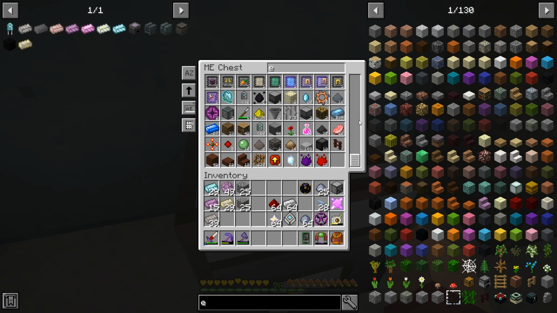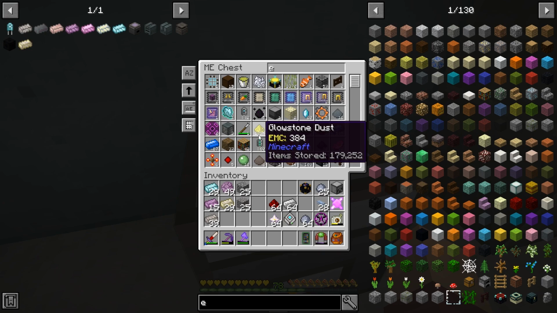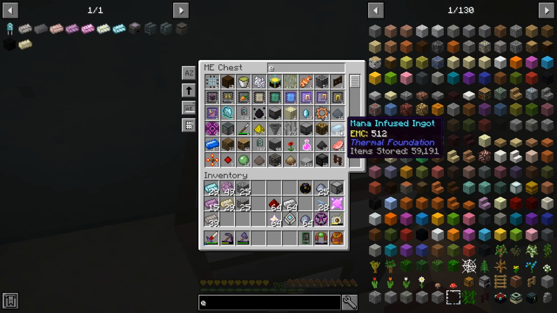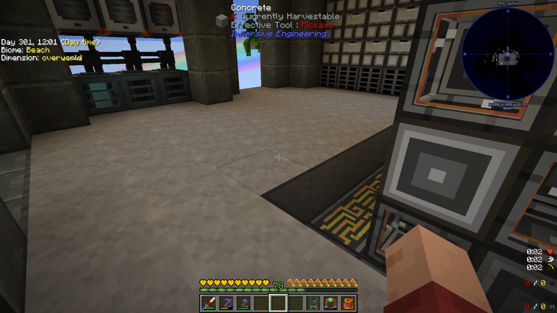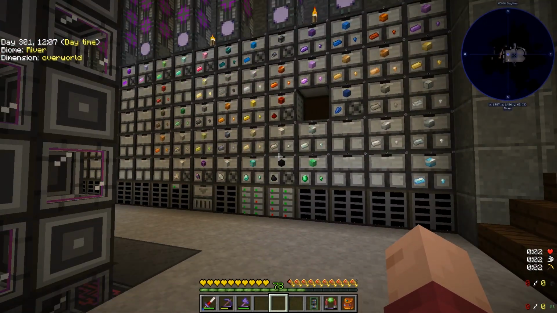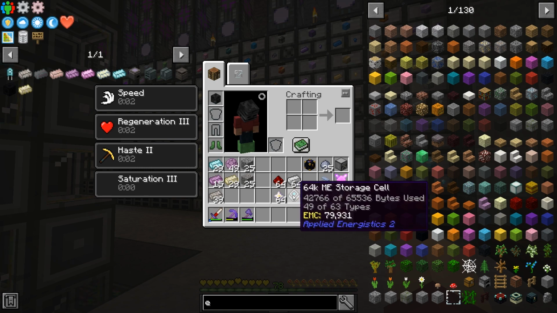And you might notice a couple weird things. Or maybe not. Who knows? But I'll tell you. Right here, we have 59,000 mana-infused ingots, 179,000 glowstone dust, and then I think there was something else. Maybe not. But, yeah, those are some pretty big numbers. And the reason why that's alarming is because we have all these storage drawers, and those are supposed to be what house everything. And there was Invar inside of this storage cell, which is not supposed to be there, so